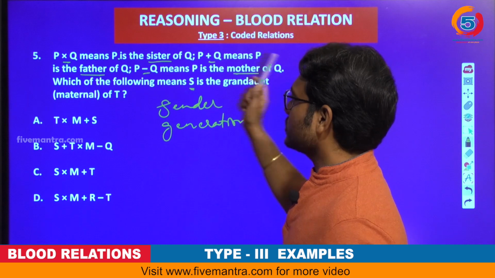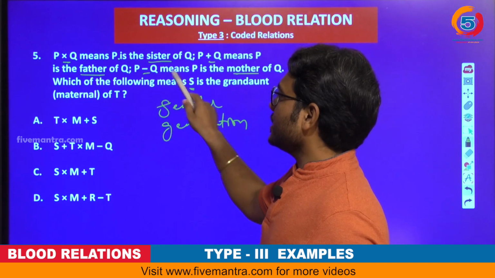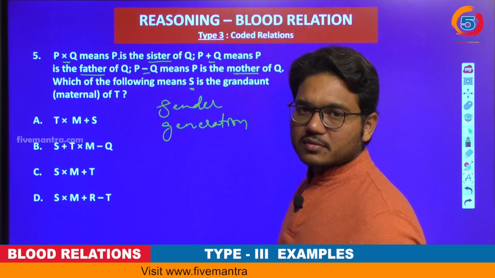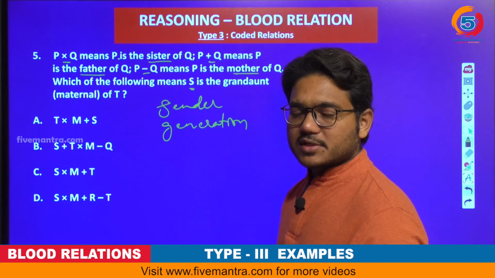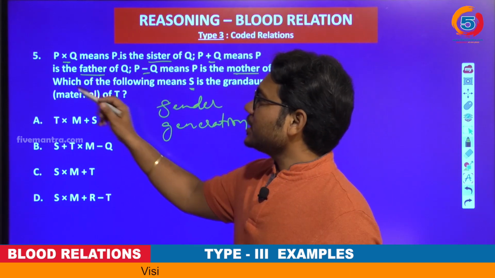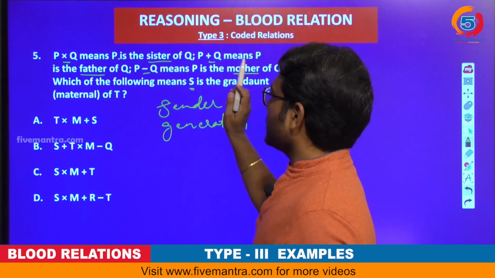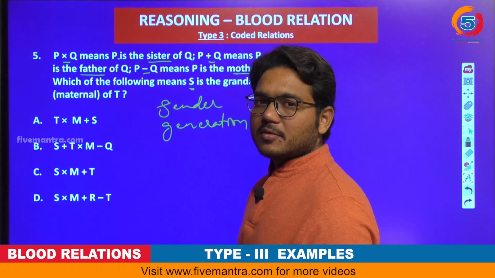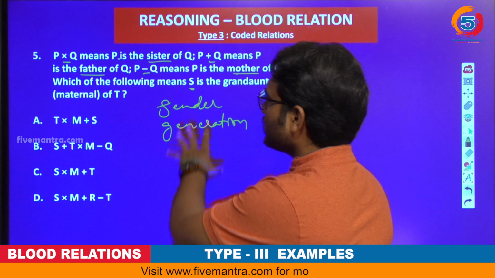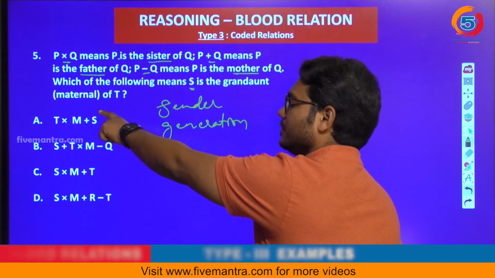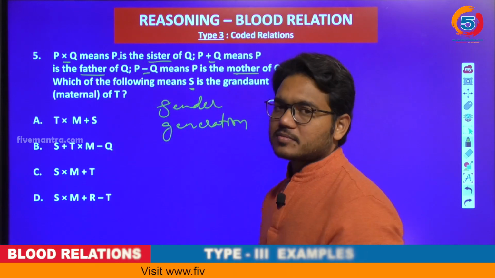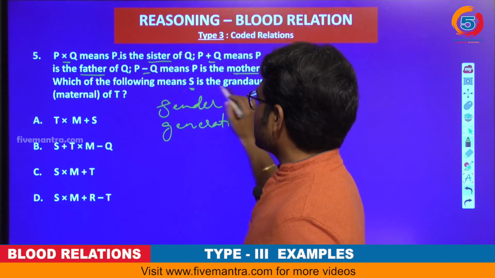P plus Q, so P is the father of Q. P minus Q, P is the mother of Q. So no problem with the sequence here. Okay, so directly we can indicate cross is sister, plus is father, minus is mother, isn't it? So based on these coded relations, we need to identify which option is appropriate for S is the grand aunt